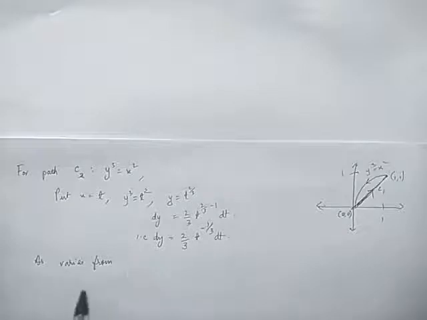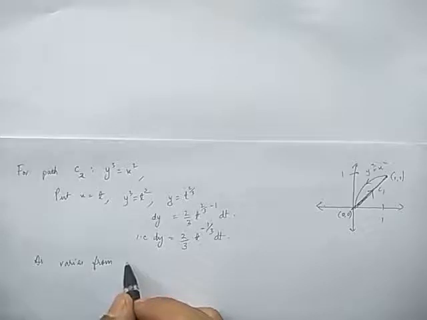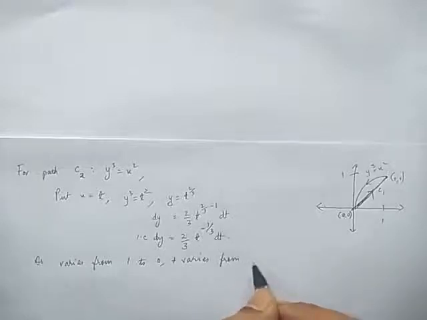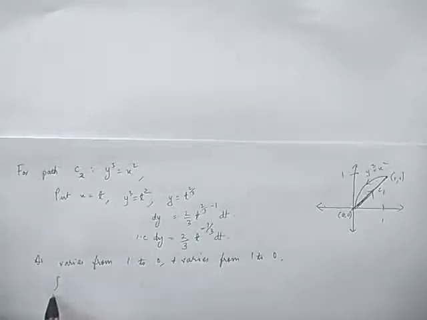So integration over C1, as x varies from 1 to 0, t varies from 1 to 0. So now I can write integration over C2,